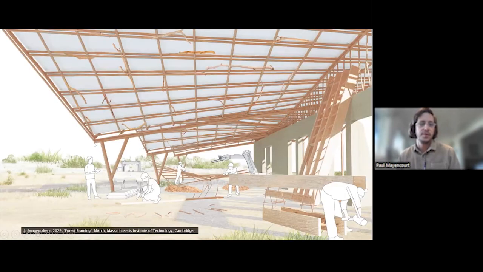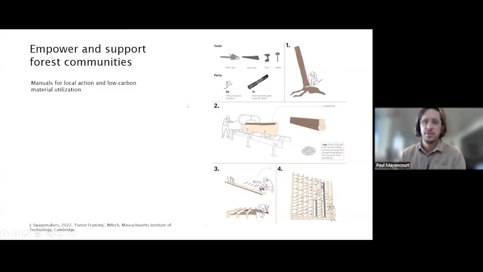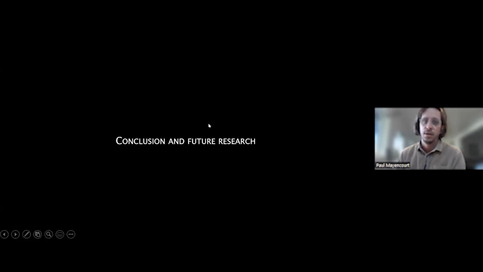And here's an example of a master's thesis at MIT that happened last year, where the student was trying to empower local communities to use the local forest resources in order to avoid buying materials from a store if you could just access it. So what can you do with wild or round wood in your community? I think it was interesting that the student made these IKEA-like manuals where you have a set of tools, what kind of resources you have in your area, and you can follow it step by step to create, in this example, a wall element using slabs and branches to create a construction element for your community. So I'm going towards conclusion.